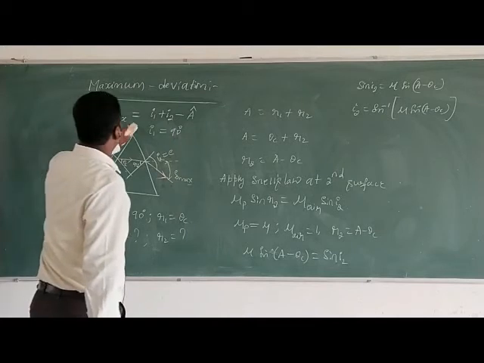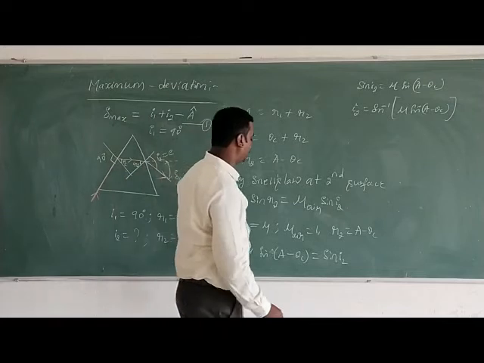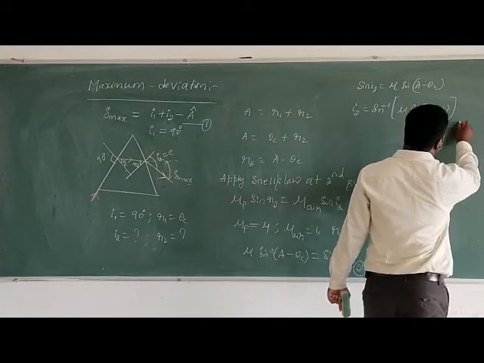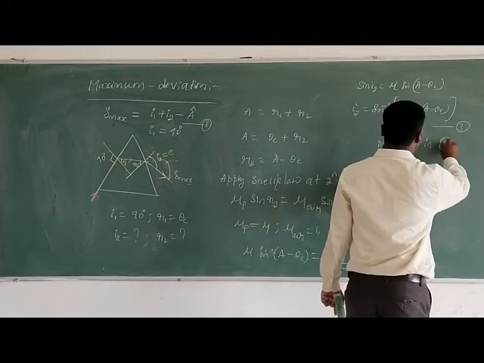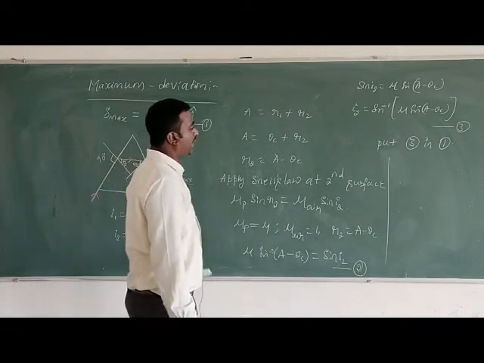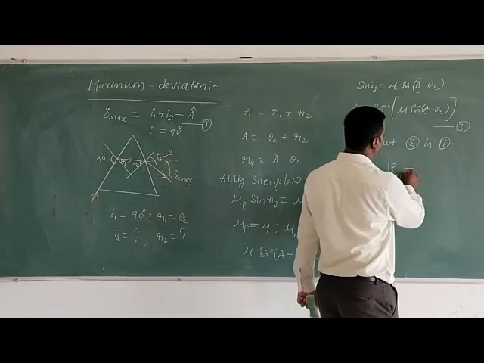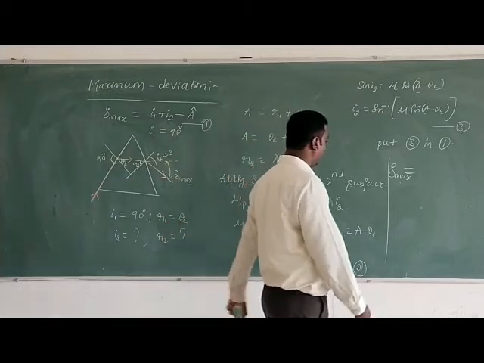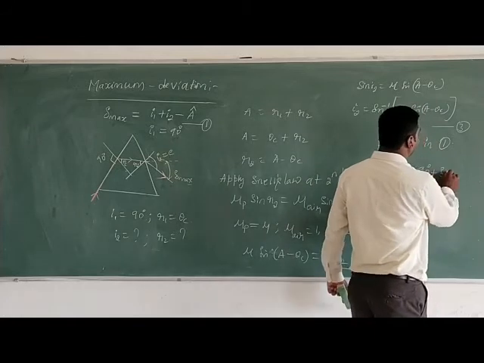So now here, this deviation maximum, let us call this equation number 1. This is equation number 2, this is equation number 3. Put 3 in 1. So when you put equation number 3 in 1, the maximum deviation is equal to, what is the maximum deviation value? The I1 value is 90 degrees, for grazing incidence, plus I2,